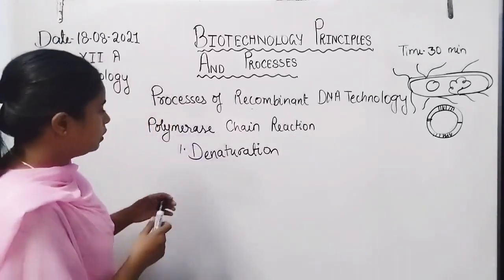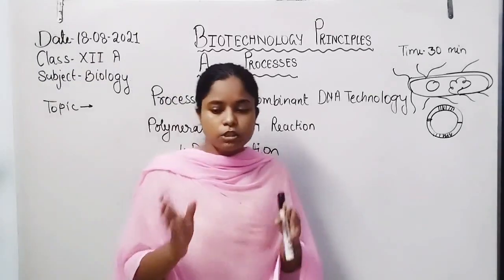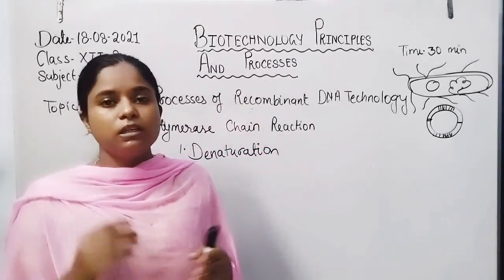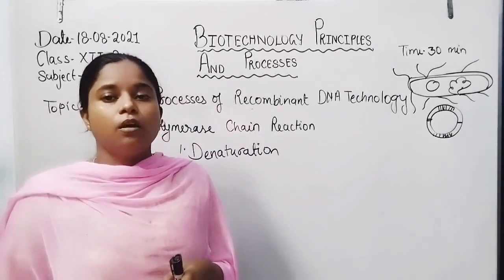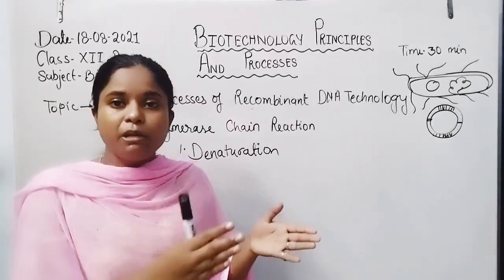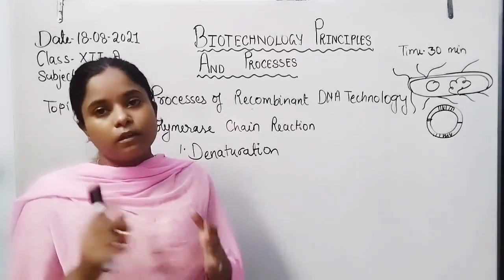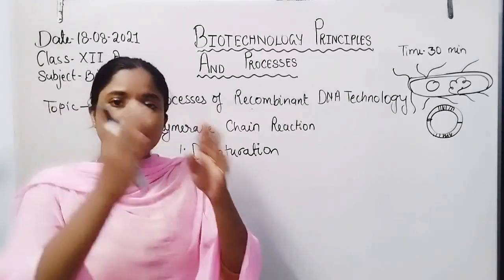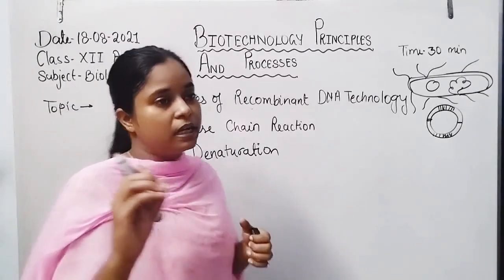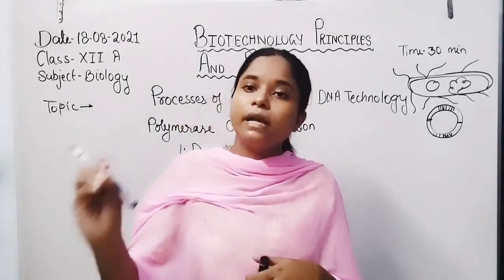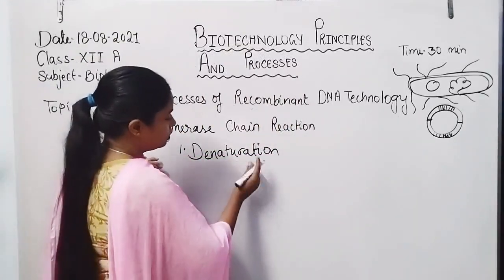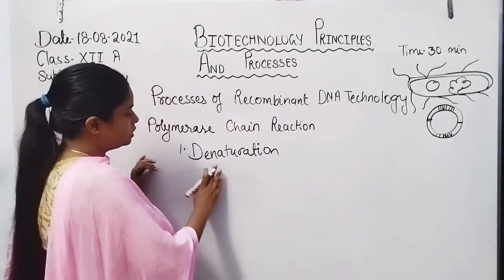So there is no such enzyme which we can use in in vitro conditions. There is only one option: breaking down the double or triple hydrogen bonds of the two strands by providing heat only. But the second complication is that the DNA polymerase, which is required for the synthesis of the new DNA strand, also gets degenerated at 95 degrees centigrade. We will discuss it later, after the denaturation.